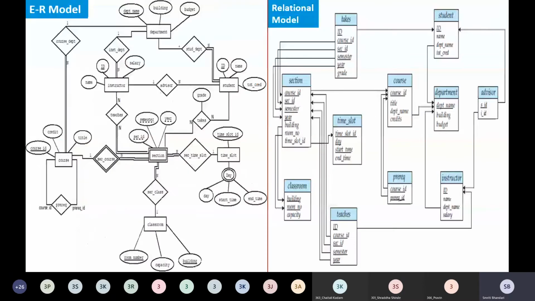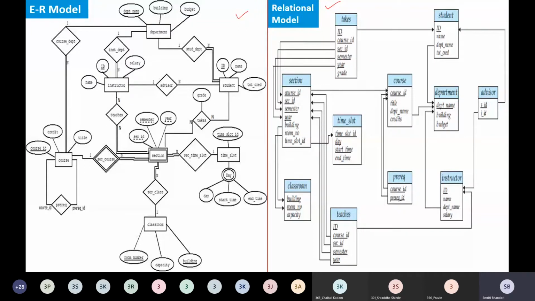Whichever queries we are going to write under this part of SQL, we are referring to our university database. We have seen earlier the university ER model. We have seen how to come up with the relational model based on this ER model, and I have demonstrated in one of the videos how to create these tables.